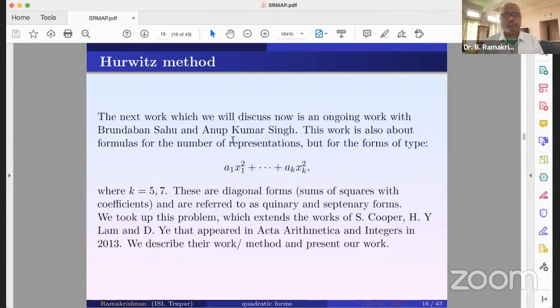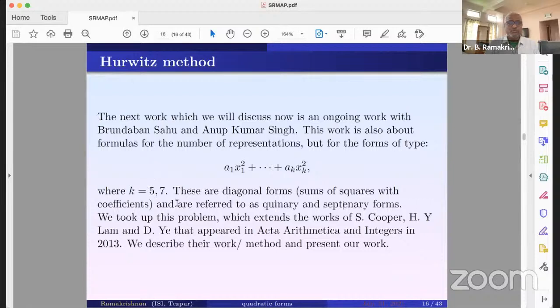Here we are not writing it in a more general form because the problem becomes more difficult, because the level also will explode. We don't have control of the level. When you put k equal to 5 and 7 and then restrict the coefficients, then we can somehow do that. So these are diagonal forms, sums of squares with coefficients, referred to in the literature as the quinary and septenary forms. So we took up this problem, which extends the works of Cooper, Lam, and Ye,